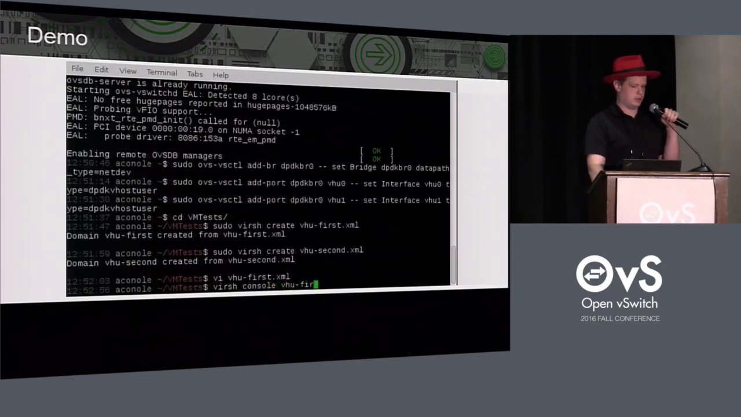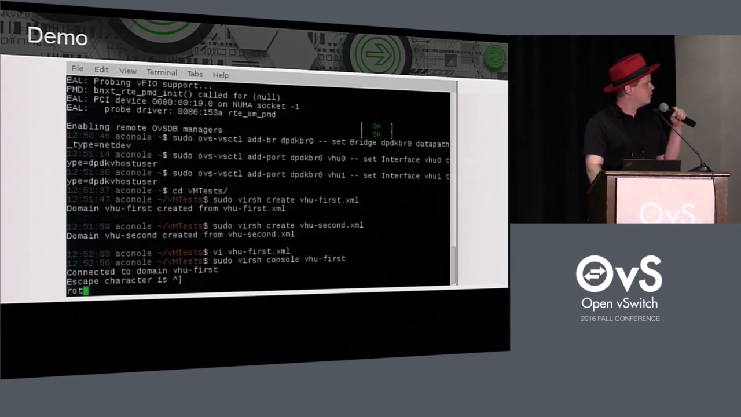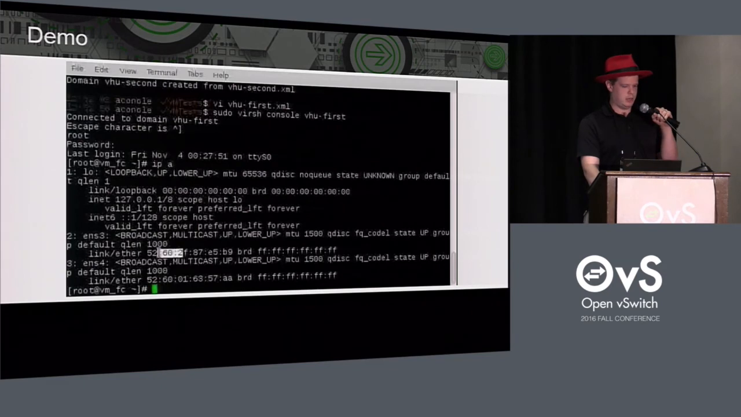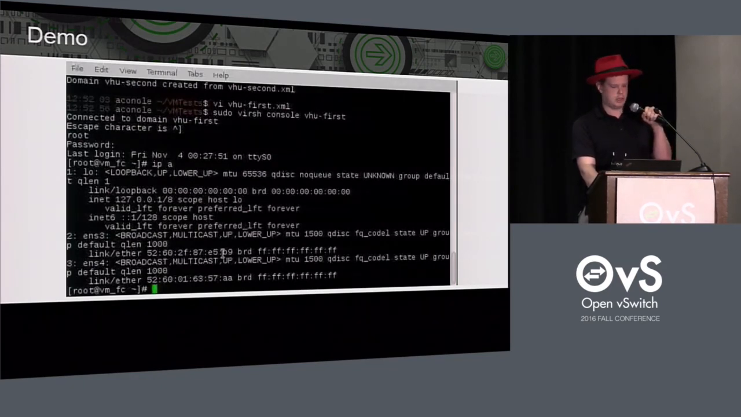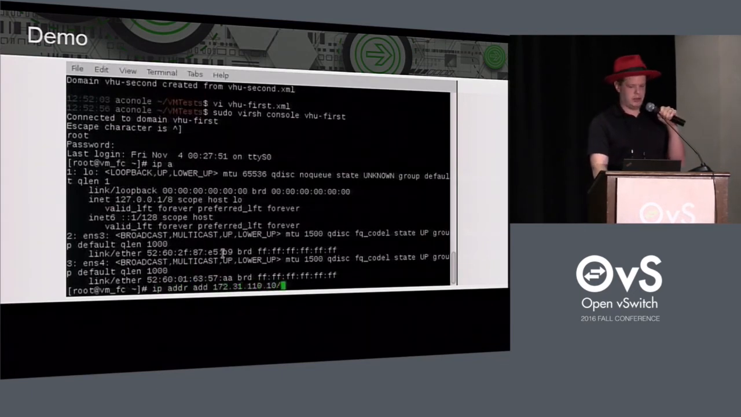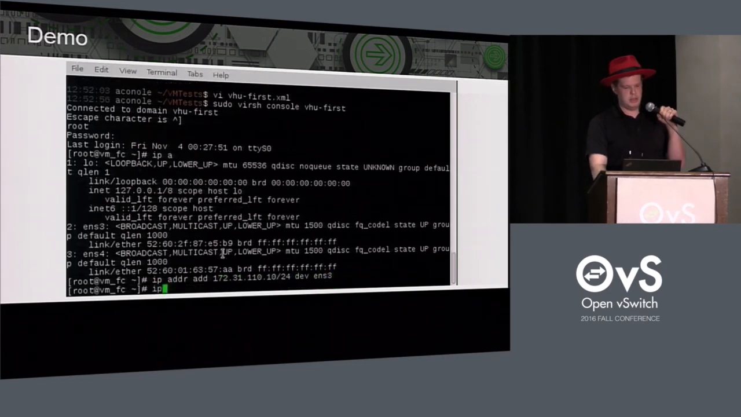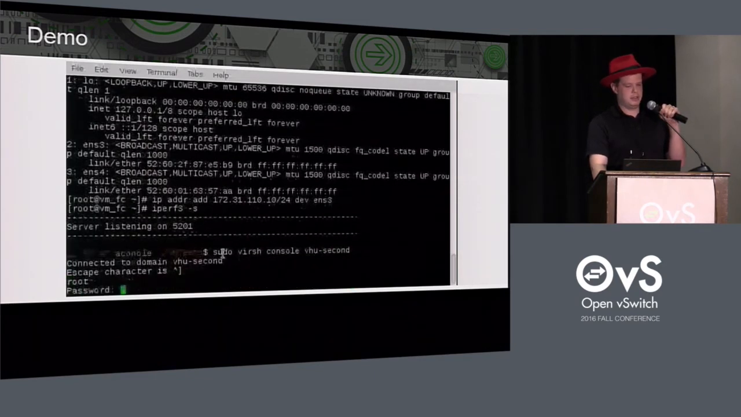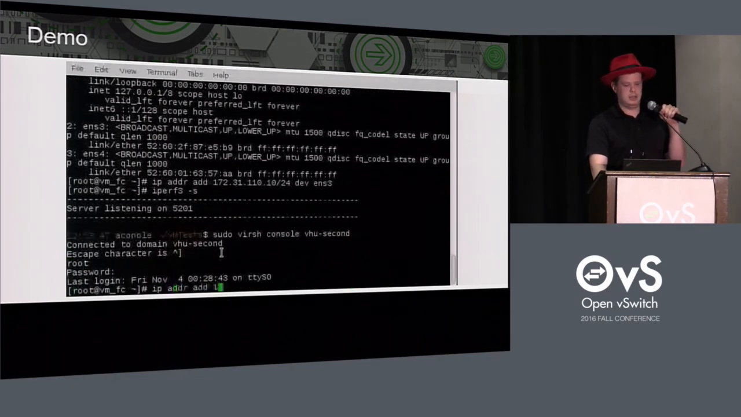And then we'll actually go into the first VM. And you'll see the ENS3 port. This is what's connected to the vhost user socket that's on that DPDK bridge. I'll configure an IP address, and then I'll start iperf in server mode. Then I'll go to the second VM. Again, log in, configure the IP address,